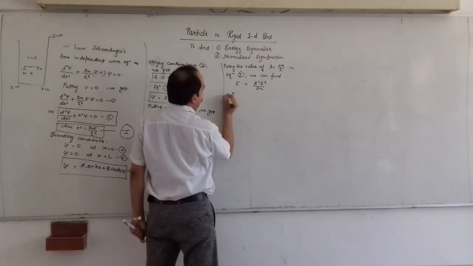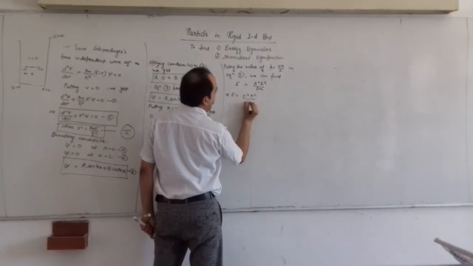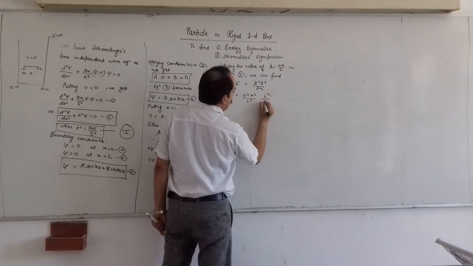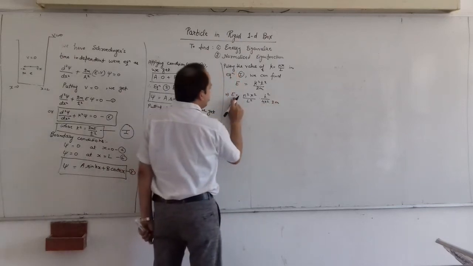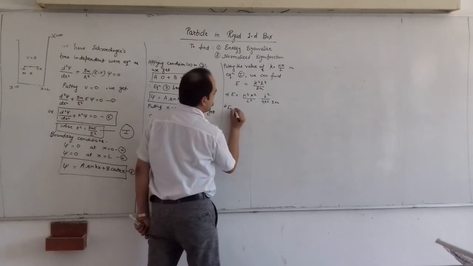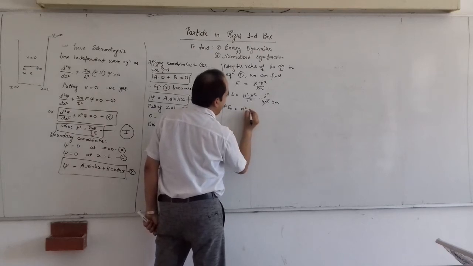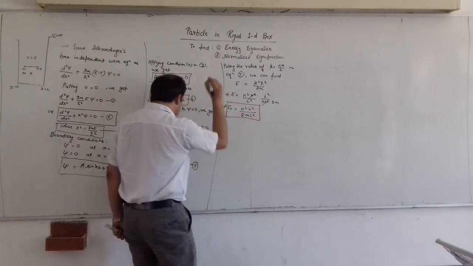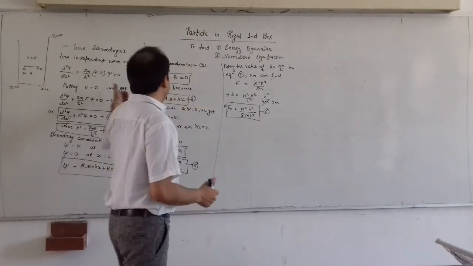So this will get E equal to n square pi square upon l square into, putting the value of h cut, h square upon 4 pi square into 2m, right? And as E is depending on n, we will put suffix En for the number of levels. We will get n square h square upon 8 m l square. So hence we have calculated the energy eigenvalue for an electron moving in a one dimensional box.